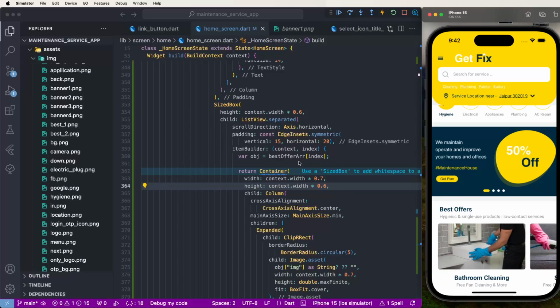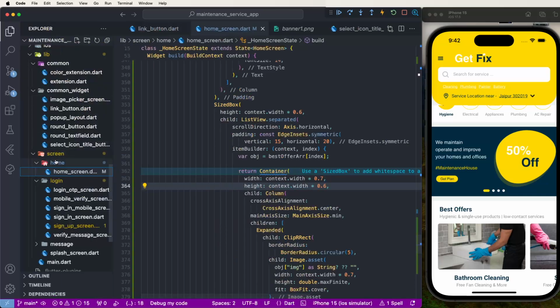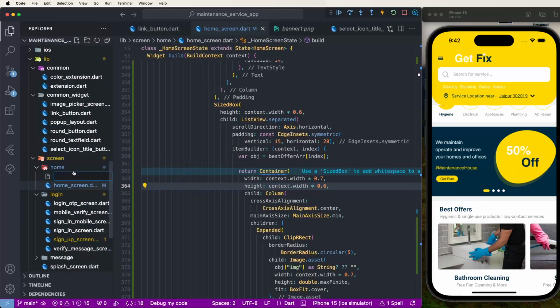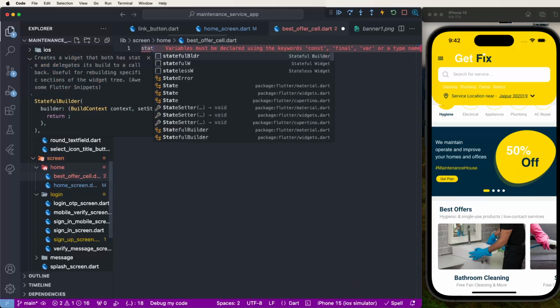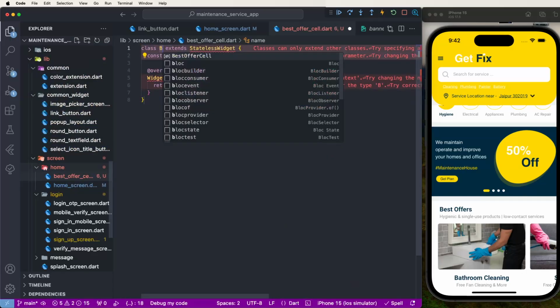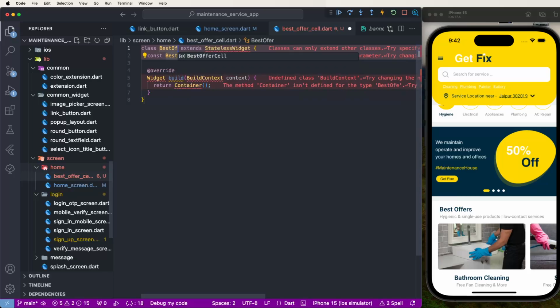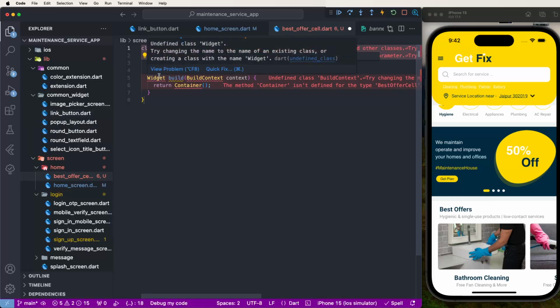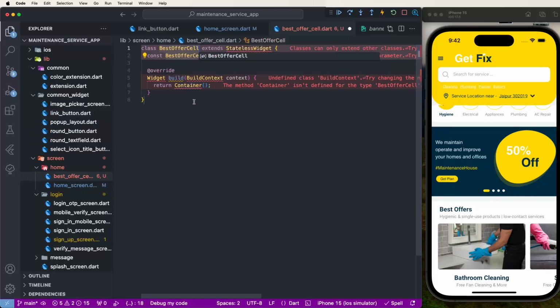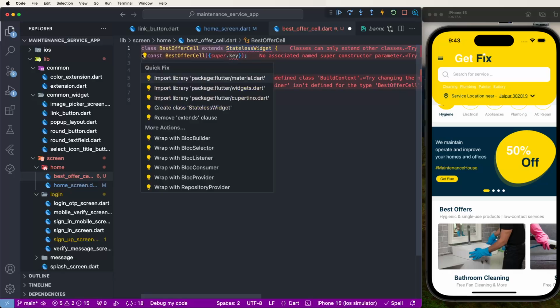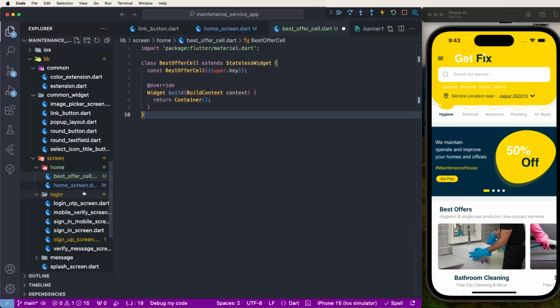Also now need to convert into common widgets. First of all, go inside the home screens and create a new file, and give it the name based offer cell dot dart. Now create a stateful widget and write based offer cell, otherwise you need to give the row like this name, the naming convention doesn't matter, and paste this here. Now need to copy this